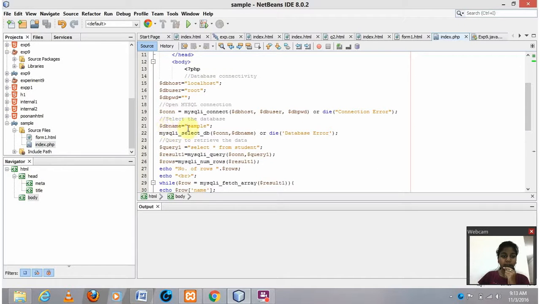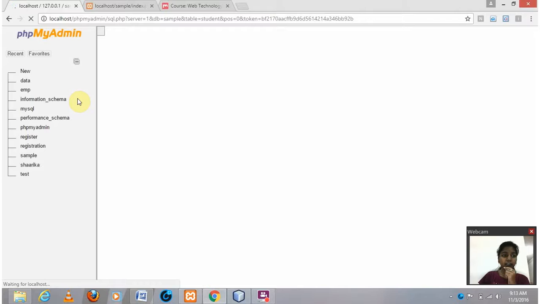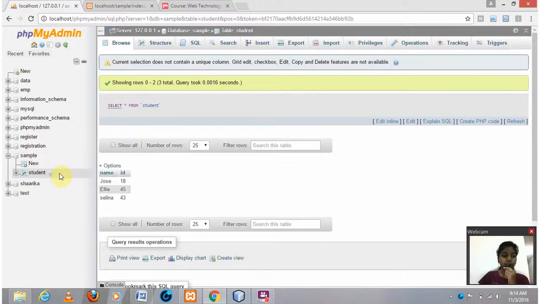So for that, DB name is sample. I have given in my XAMPP. In my XAMPP, I have a sample. I have the database name as sample. Inside that, I have a table name, that is student, and that student has, as you can see here, sample, and then student is the table name. Inside that I have name and ID attributes, and now there are three data. I have 3 rows I have inserted,